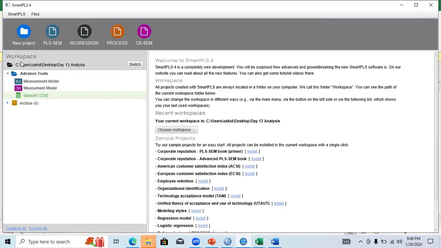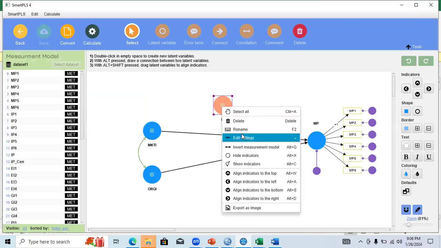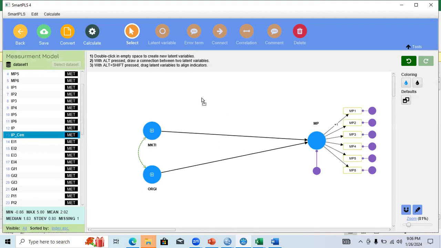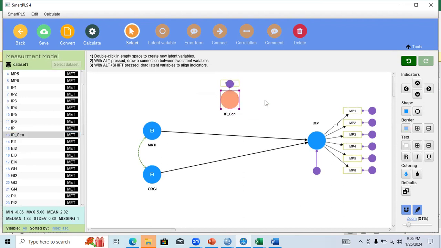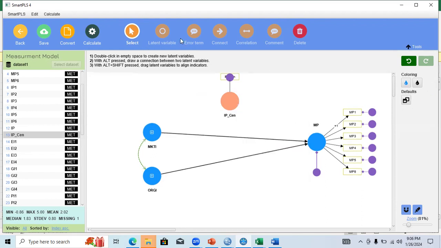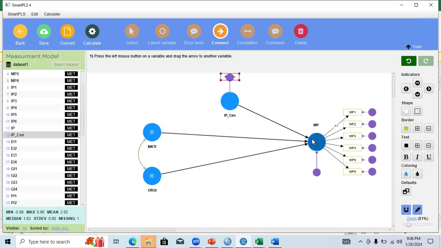So what I need to do, I go to my model. This was my model. I need to use my mean-centered variable over here. This is basically the interaction term that we have created over here. I need to connect this with my dependent variable.